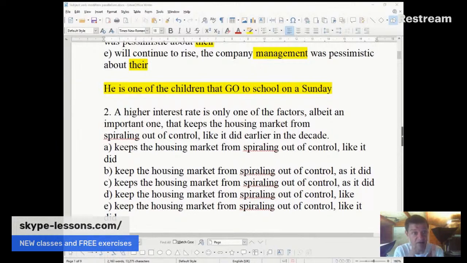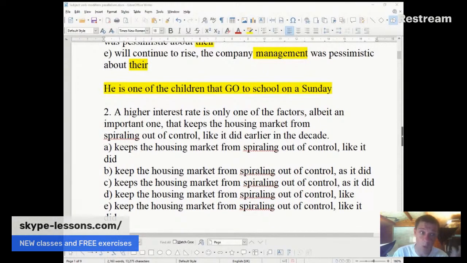Another way of understanding this is a defining relative clause. We're defining the children. We're not defining the one of the children. We're defining the children that go to school on a Sunday. And so this is why it absolutely must be the plural form go and not goes, even though, you